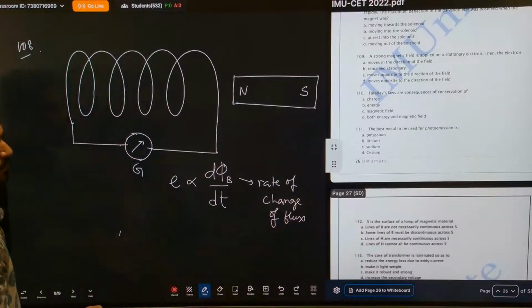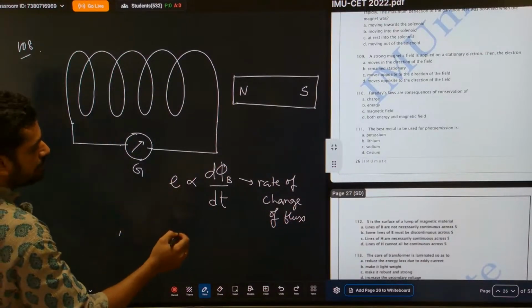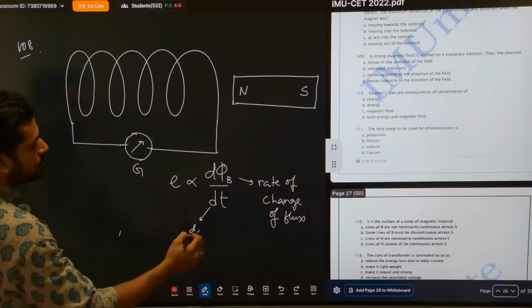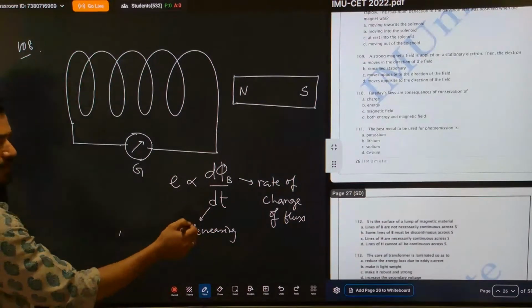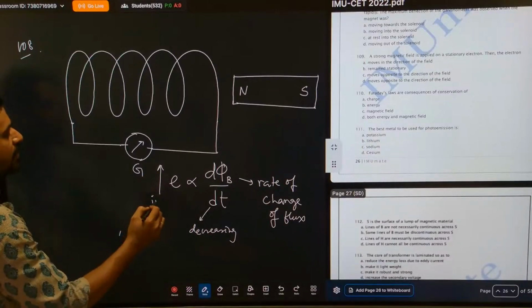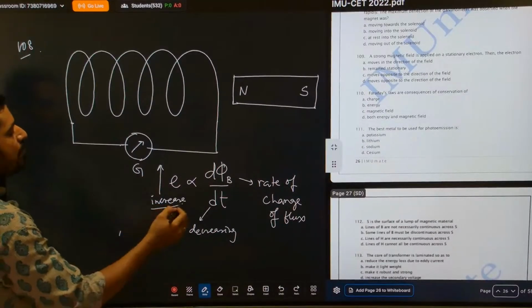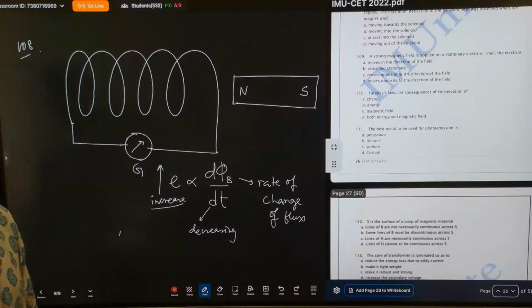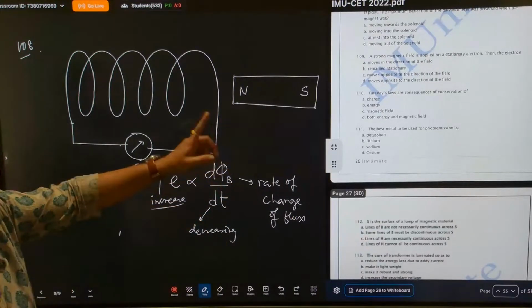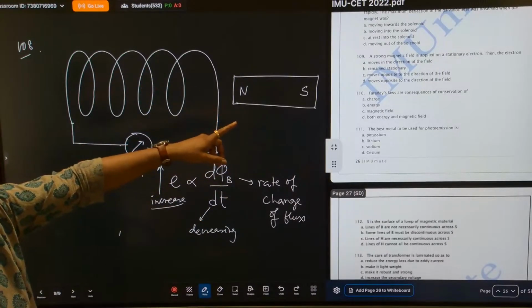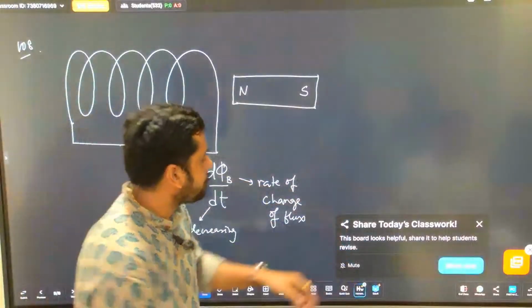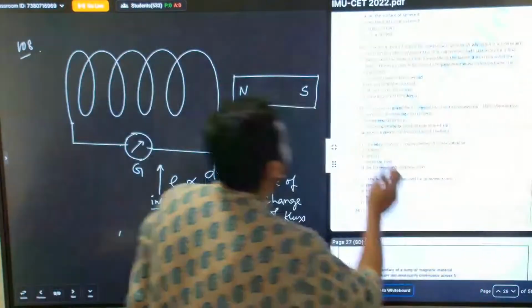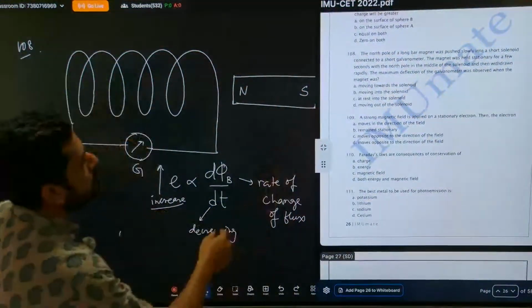So if t is decreasing, E will increase. So how rapidly you change the flux gives you more EMF. Option D. While we are moving out of the solenoid rapidly, then you will get